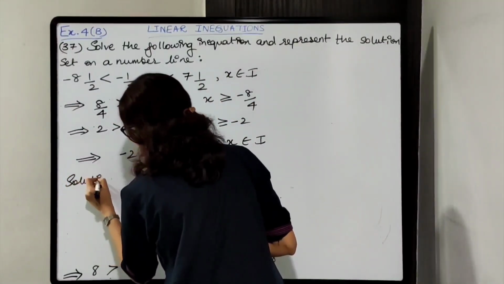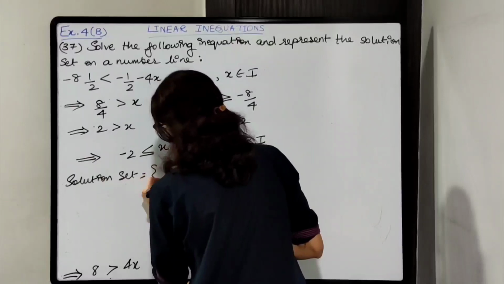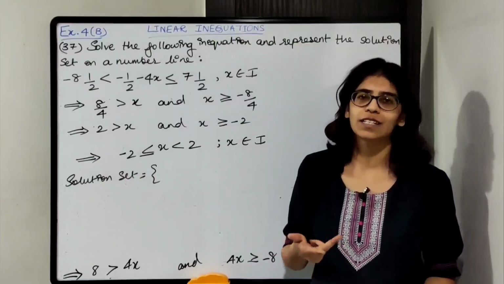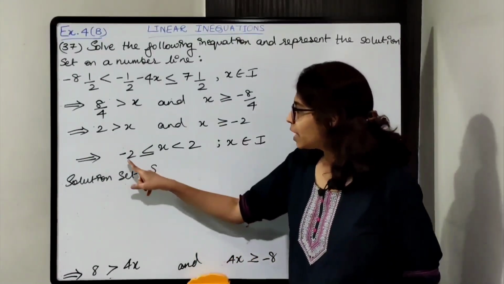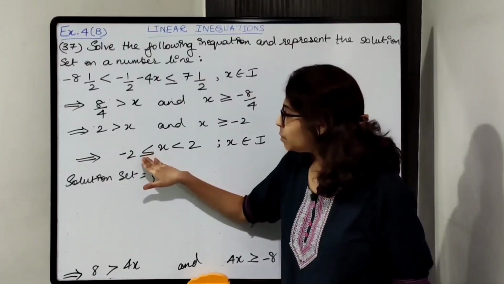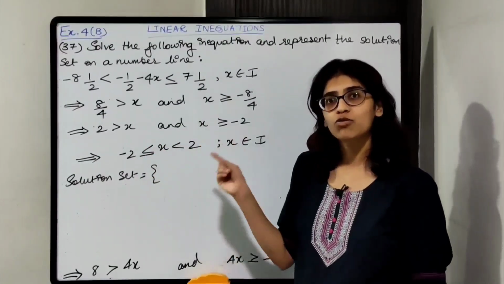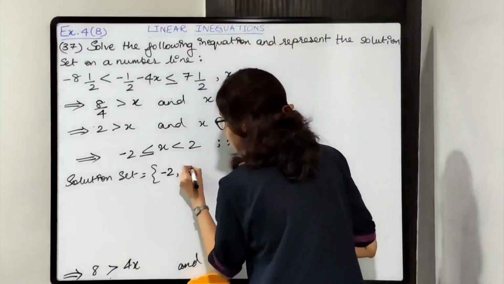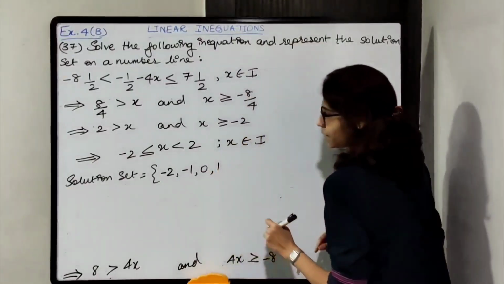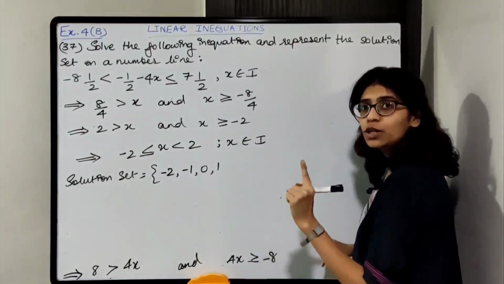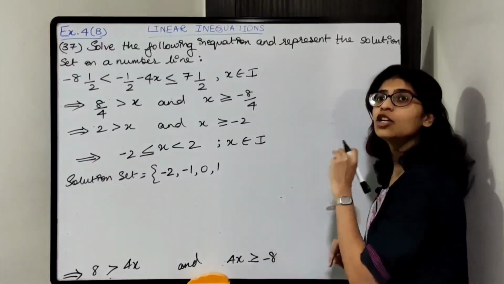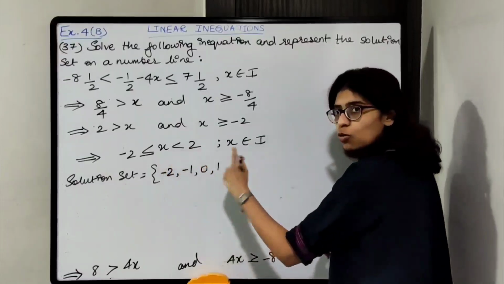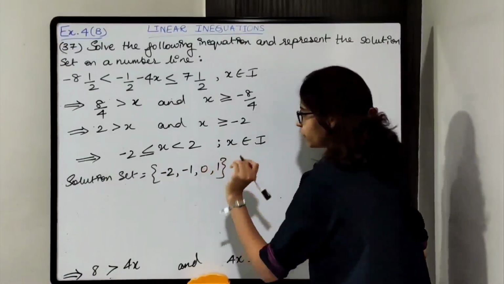Now coming to the solution set. So solution set क्या हो जाएगा? Integers है. So integers is a set of negative numbers, positive numbers and 0. So negative number कहाँ से start हो रहा है? X will be greater than or equal to minus 2. Minus 2 is included. It can be equal to minus 2. So minus 2 से start करेंगे. Minus 2, minus 1, 0, 1. And x is less than 2, not equal to 2. So will you include 2 over here? No. We will not include 2. Because it is less than 2. अगर equal to होता तो 2 लिखते, but it is not there, so stop over here.